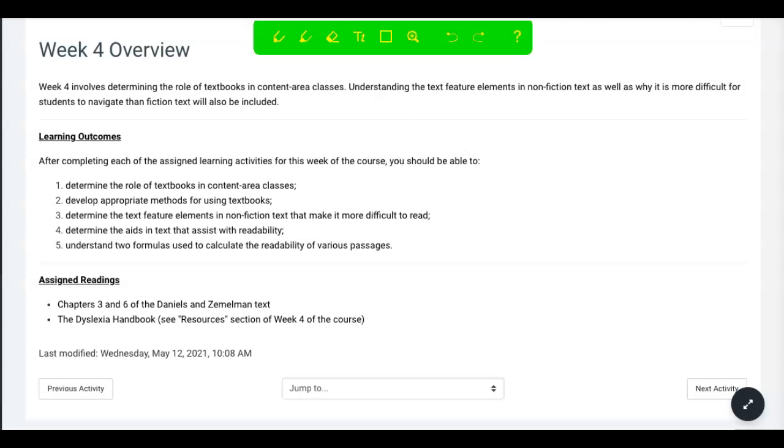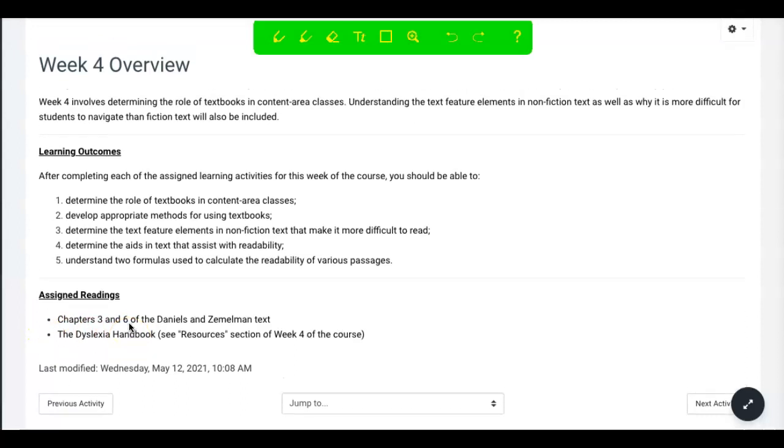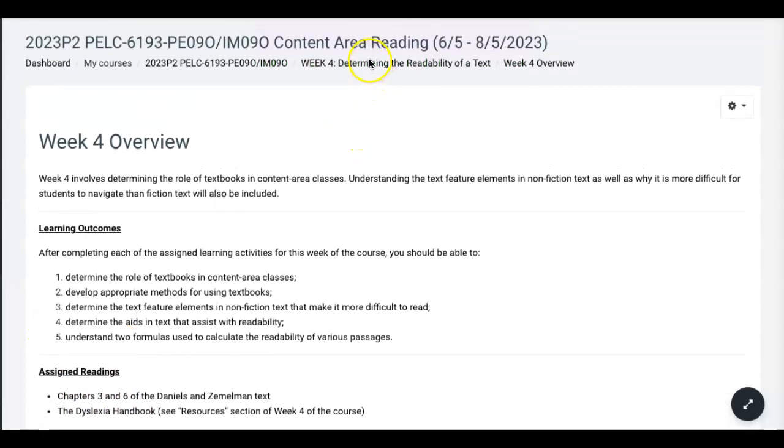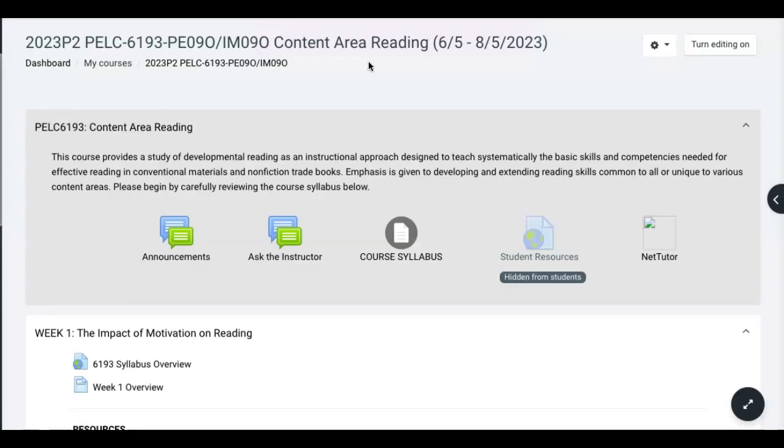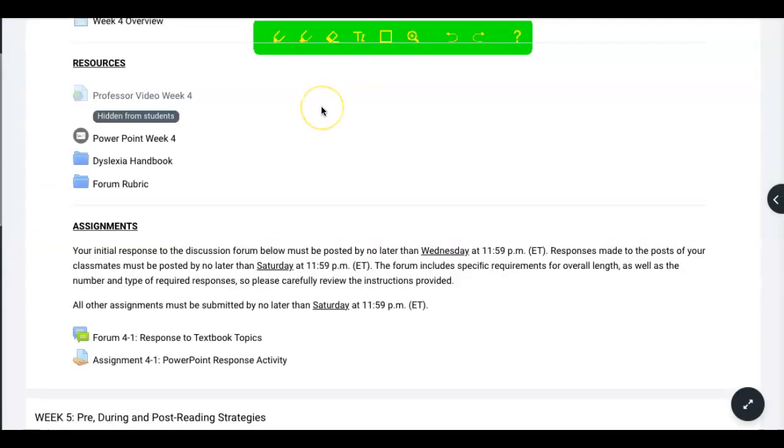various passages. Your assigned readings this week are chapters 3 and 6 from the Daniels Zemmelman text and the Dyslexia Handbook, which is found on Moodle. Here is our PowerPoint for the week, the Dyslexia Handbook,